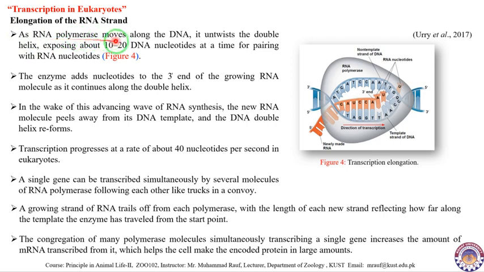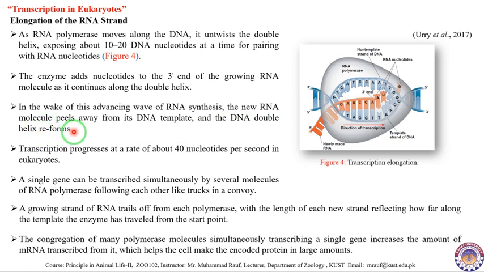As RNA polymerase moves along the DNA, it untwists the double helix, exposing about 10 to 20 DNA nucleotides at a time for pairing with RNA nucleotides. The enzyme adds nucleotides to the 3' end of the growing RNA molecule as it continues along the double helix. In the wake of this advancing wave of RNA synthesis, the new RNA molecule peels away from its DNA template, and the DNA double strand